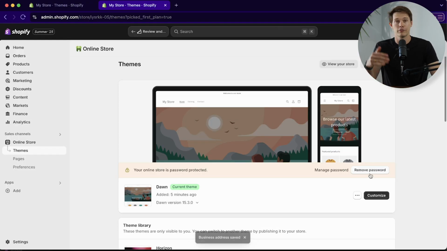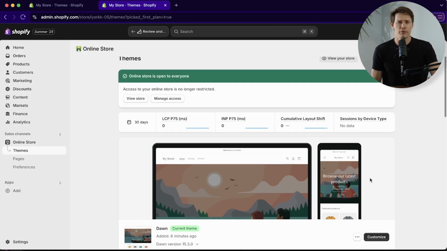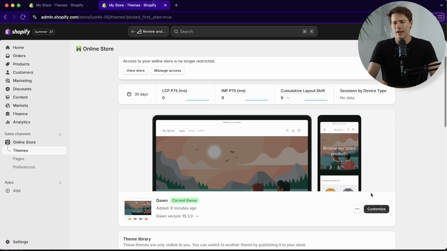So now we have the option to remove the password. Now in the beginning, I just removed the password right away. I think it makes sense. Technically, somebody could find this website now, but it's so unlikely that would happen that I just removed the password. If you want to keep it on, you can always remove it later, but now we can go down,